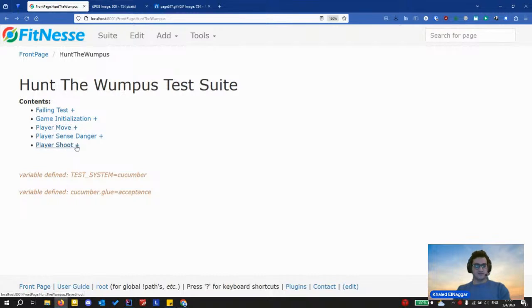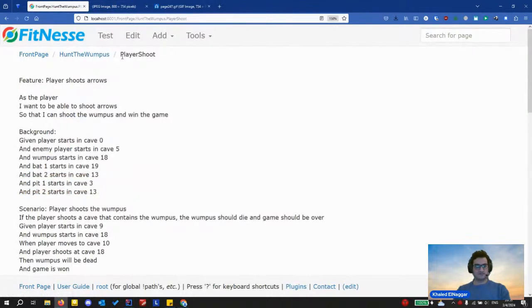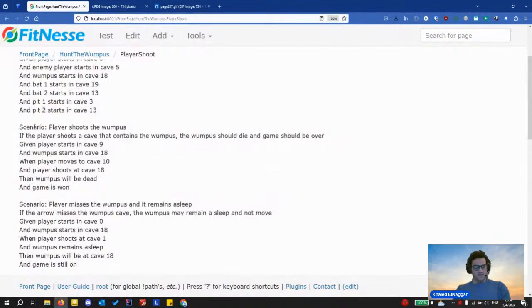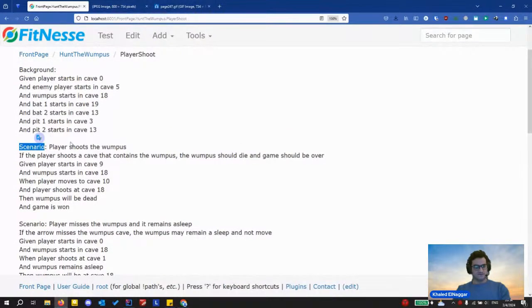Now, say that I'd like to explore how the player shoots. Now we open the feature file regarding how the player shoots, and it has a title, it has a description, it uses a background to initialize all the actors that we saw before, everyone in the cave. And let's read the first scenario.